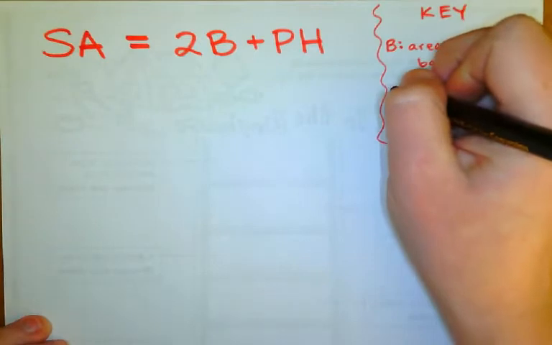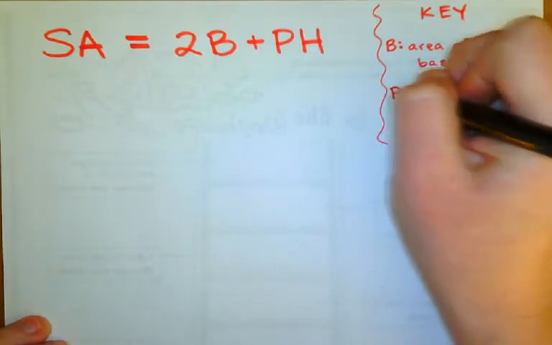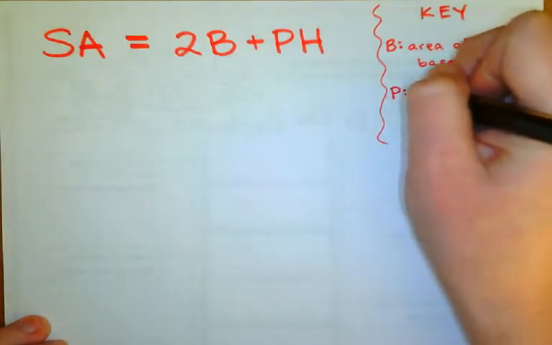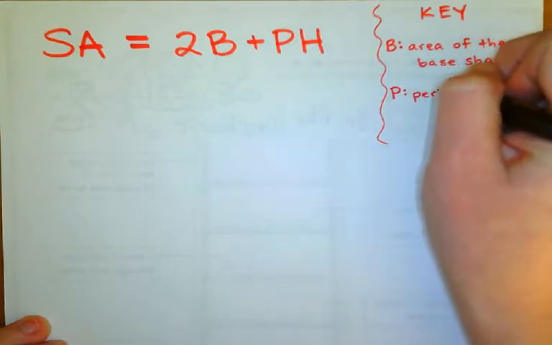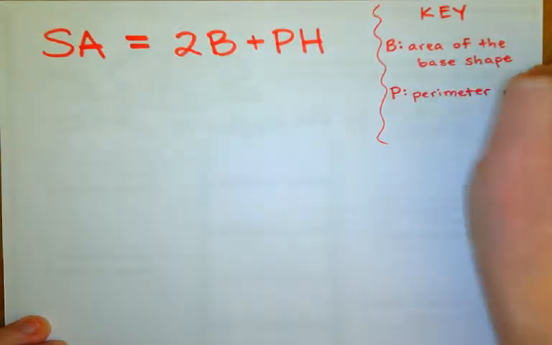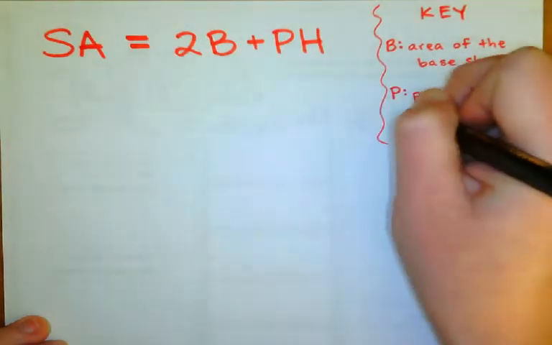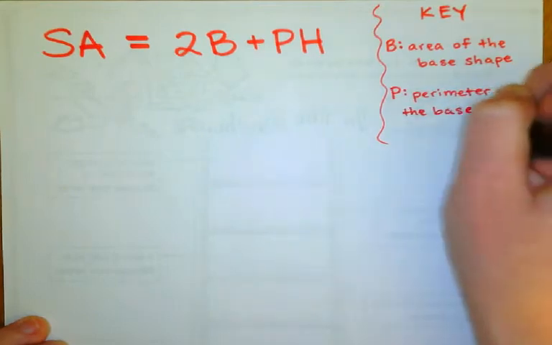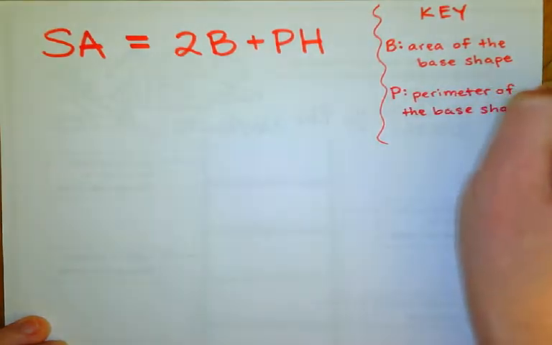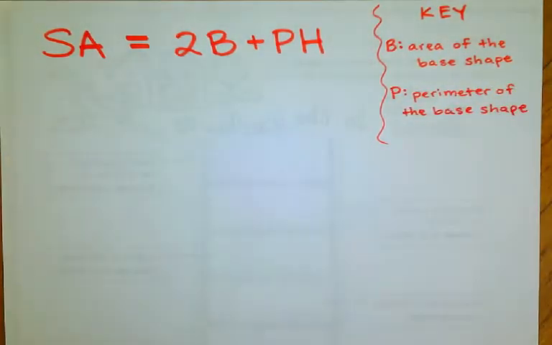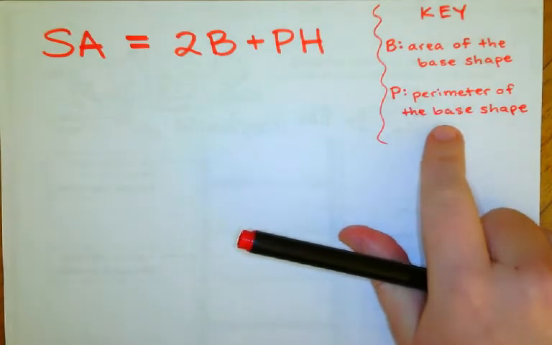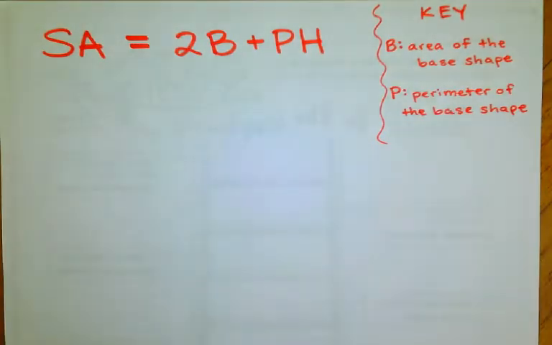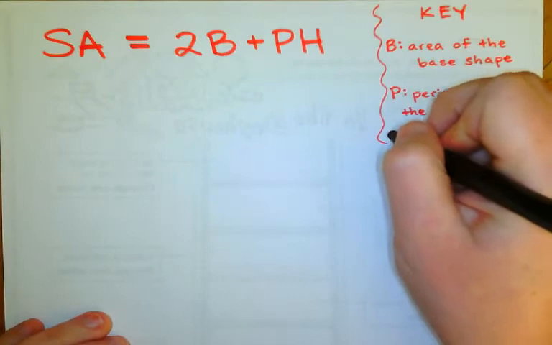Alright, capital P stands for perimeter of the base shape. Alright, so again, your base shape, if it's a rectangular prism, you're going to find the perimeter of the rectangle that is your base. Alright, and then that capital H